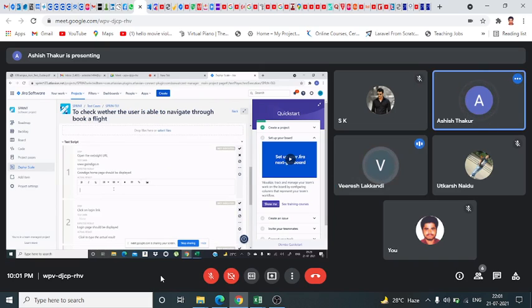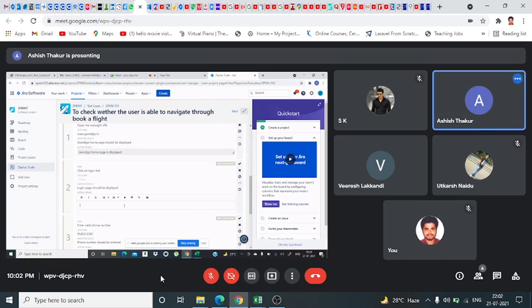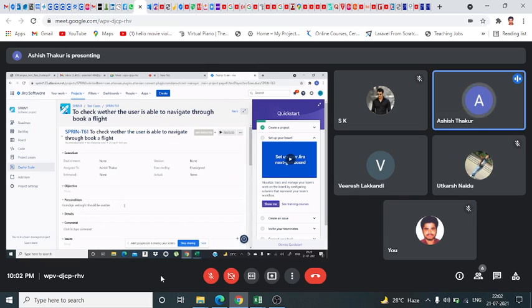See, when we click on the website, the Go Indigo home page is displayed. It's like we have done the testing. Go Indigo homepage is displayed. Login page is displayed. You can start the timer now.